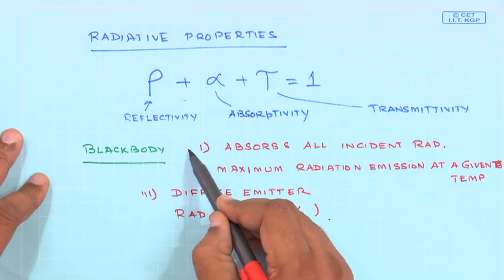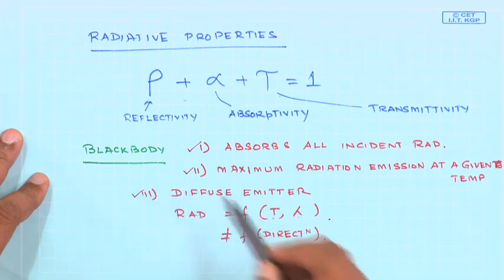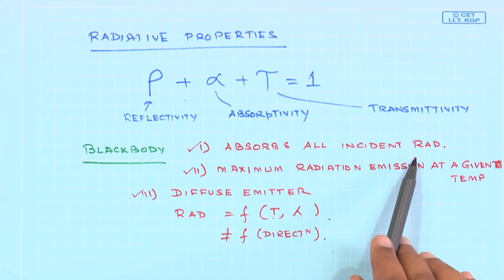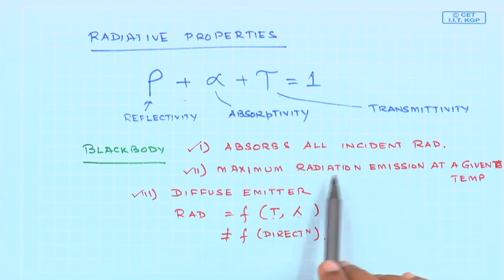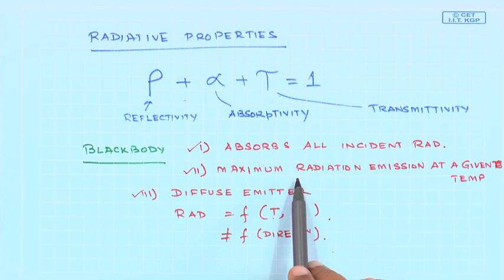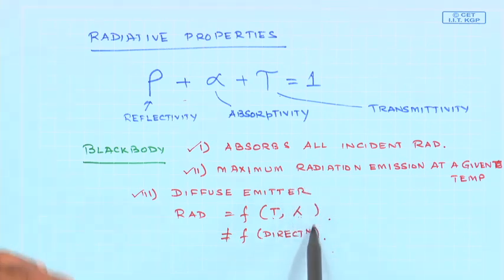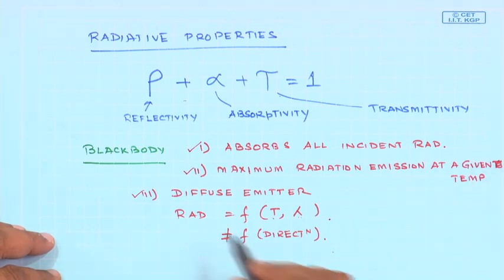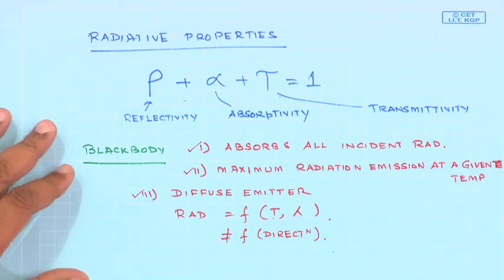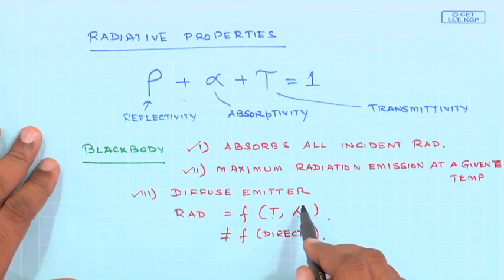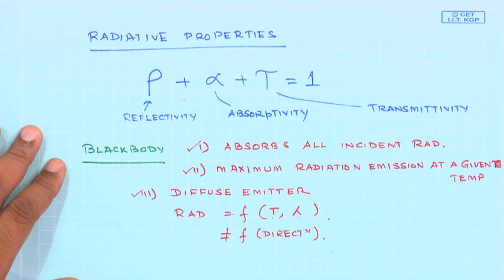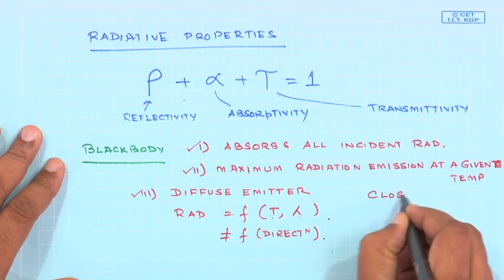So, in order to be a black body, these three conditions are to be satisfied: it should absorb all incident radiation, coming from surfaces at all possible temperatures and in all possible wavelengths; at a given temperature it is going to emit the maximum amount of radiation that you can think of; and it is going to be a diffuse emitter. There are some surfaces which closely mimic the behavior of a black body. For example, the closest approximation of a black body